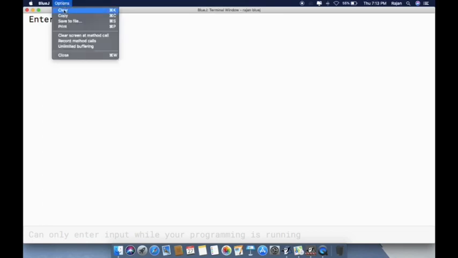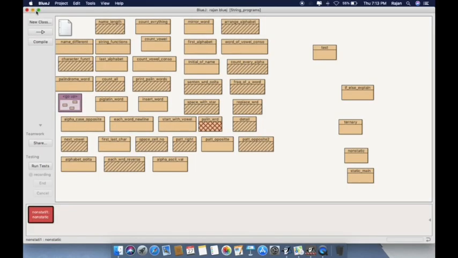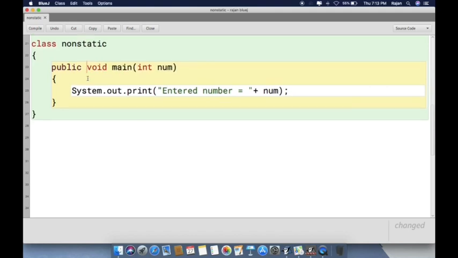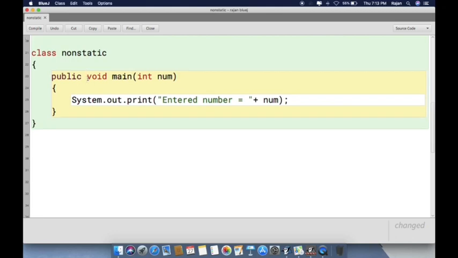I hope this is clear to you. When we declare a function as non-static, then you can see it allows you to create an object of the class. If you write the keyword static over here, the same function turns into a static function. Right now it's a non-static function. See, it's done. We have got the output. Let's get back to the next class which is having a static function. There we will see the difference.